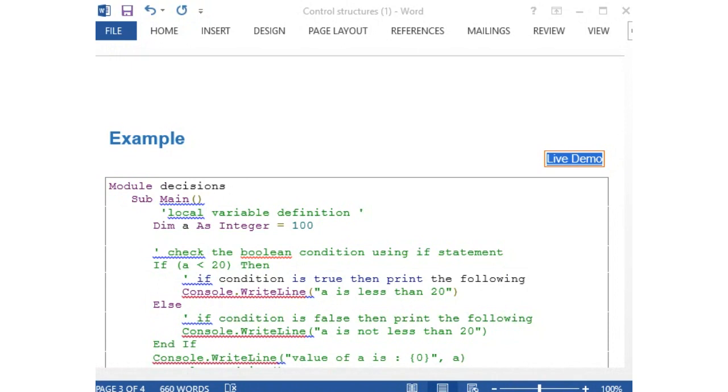Yes, let's stop it there. You declared your class, then your main, you declared your local variables, that's a comment. Then this is an integer, check the Boolean condition, if. Now, here you are supposed to declare age, because age will be the determinant. When you're declaring a variable, the variable name, let it relate to the program. You say dim age as integer, then you check,